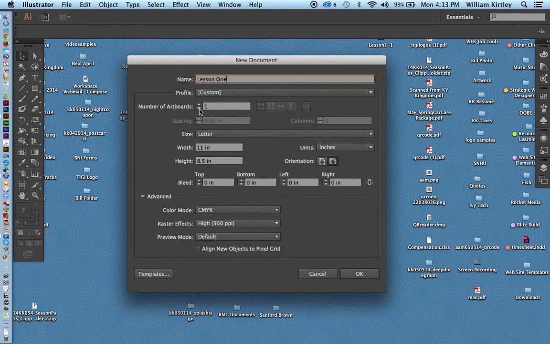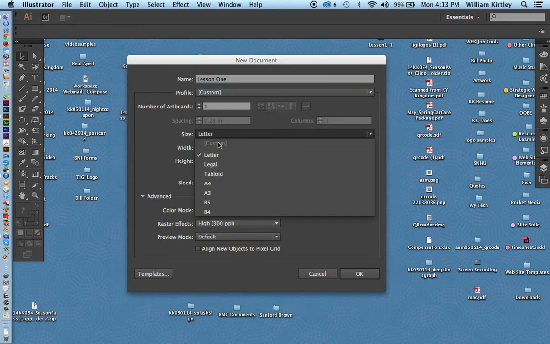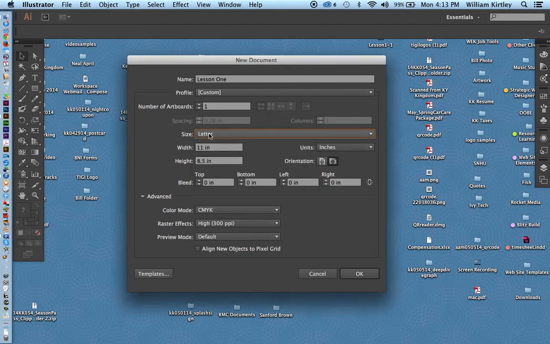One of the things we want to talk about is number of artboards. We can set up multiple documents inside Adobe Illustrator. We are just working with one page right now, so just leave that set to 1. You have some multiple sizes that you can set up here, and we are just going to work with letter size, which is fine for today. You'll see that it's set up to 11 inches wide by 8.5 tall, which is what we want to work with. If it's not set to that, you can always just type in 11IN,